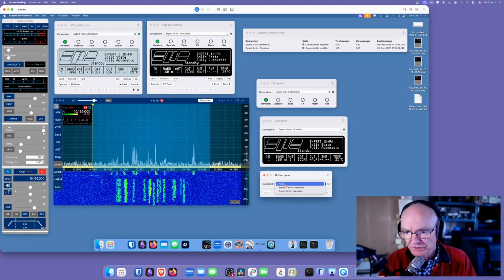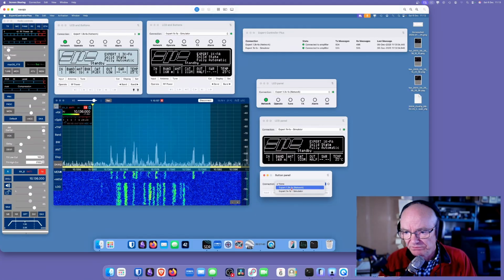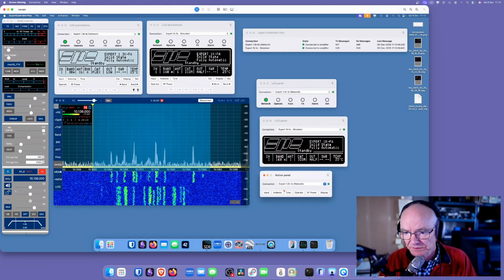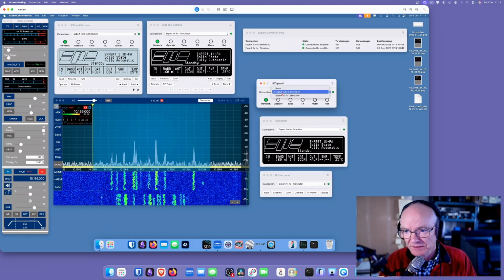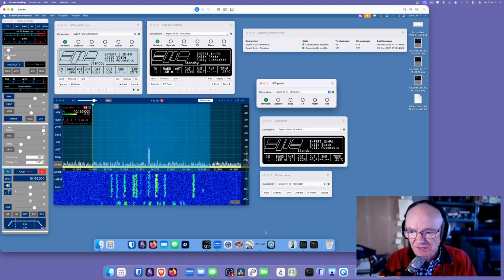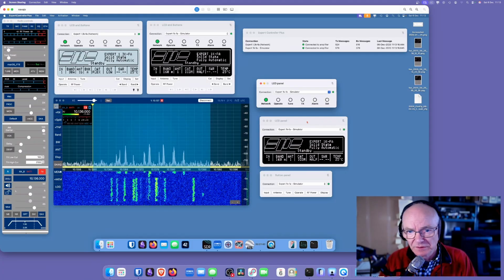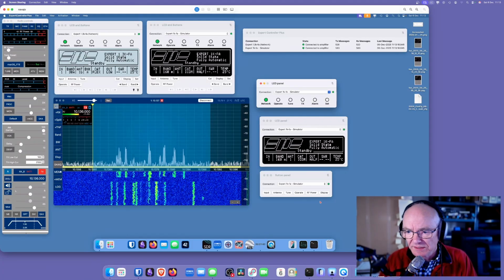We have just the buttons and put those on. No, that's on that one. Let's put them all on the same thing. Let's put them all on the simulator so it makes sense. So they're all on the simulator now. So for example, if I was to hit the